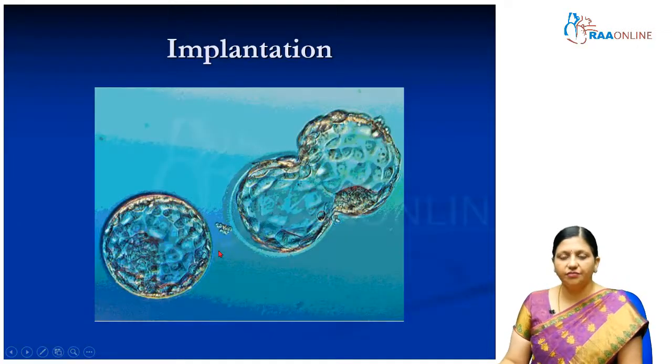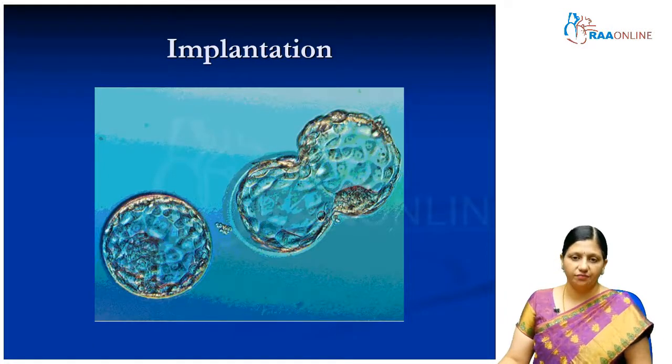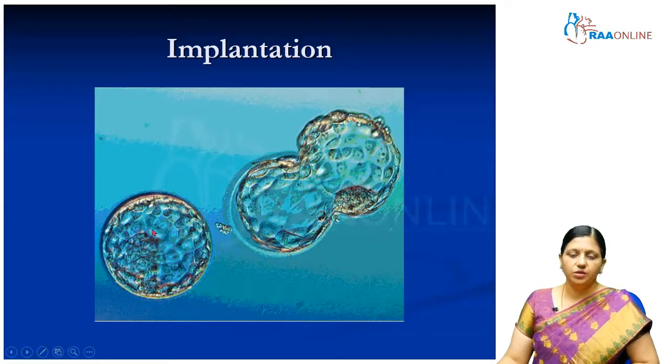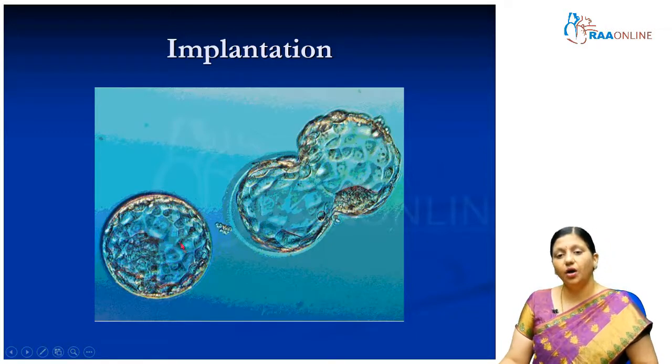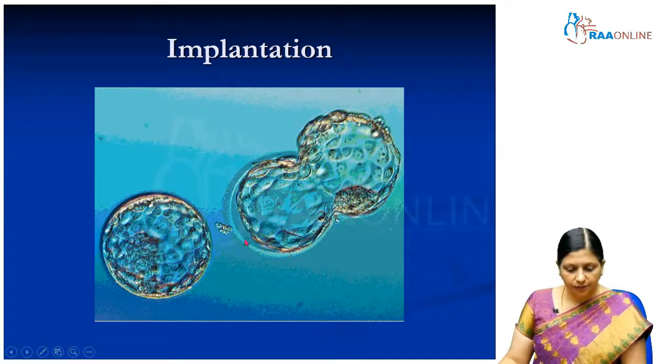Now this is a day 5. See, on day 3 we have put the embryos. The implantation will take place on day 5. So day 5 embryo is also called a blastocyst. Cyst means a fluid filled cavity inside the embryo, and when it comes out of the zona pellucida, it is called hatching, and after hatching it will implant into the endometrium. This is the inner cell mass which will form the baby, and this is the trophectoderm which will form the placenta.